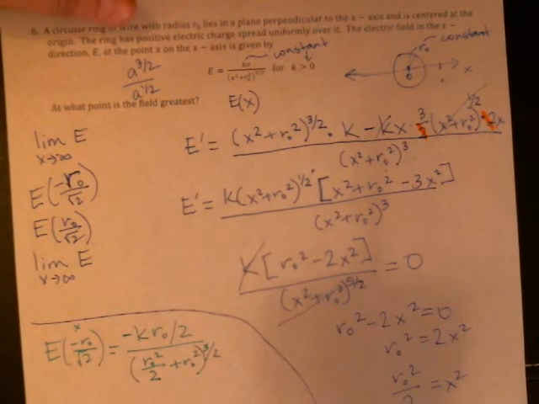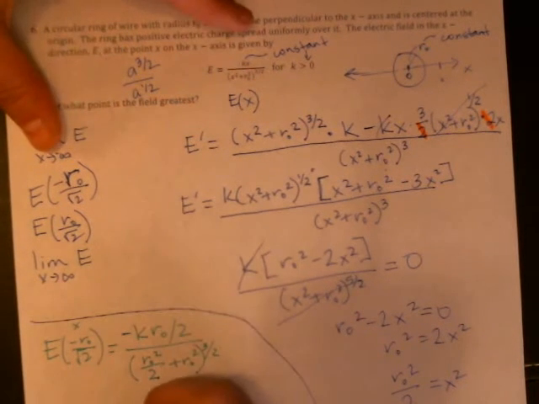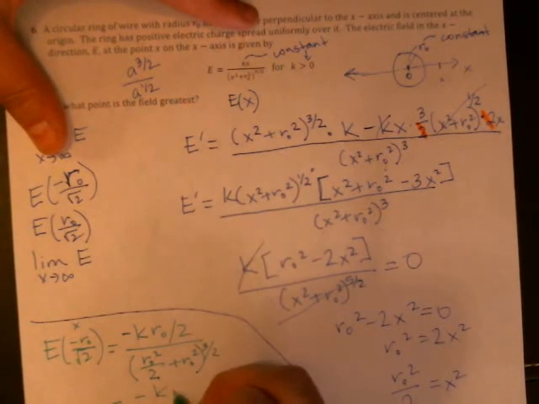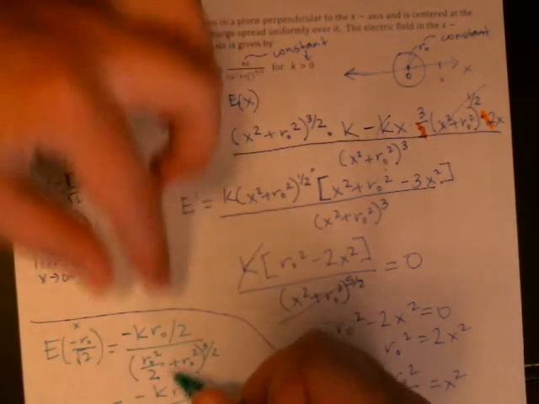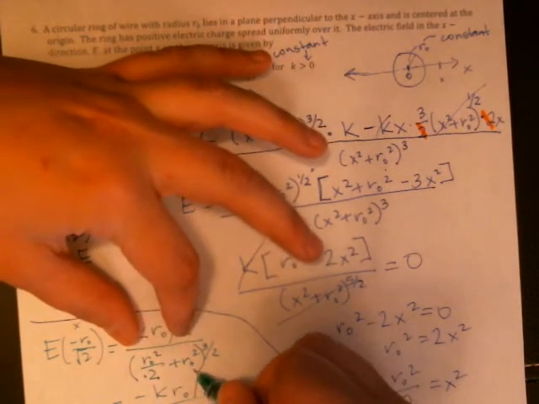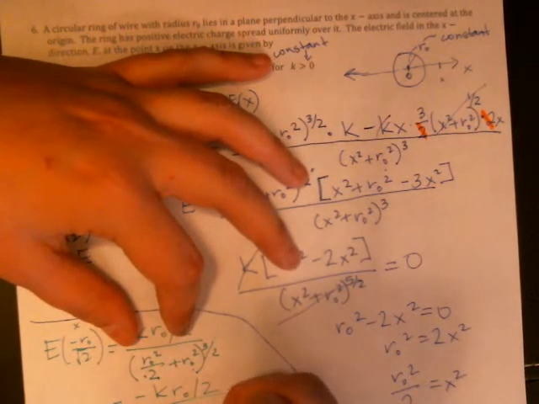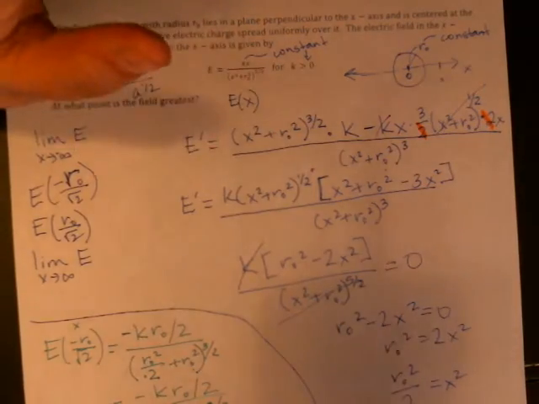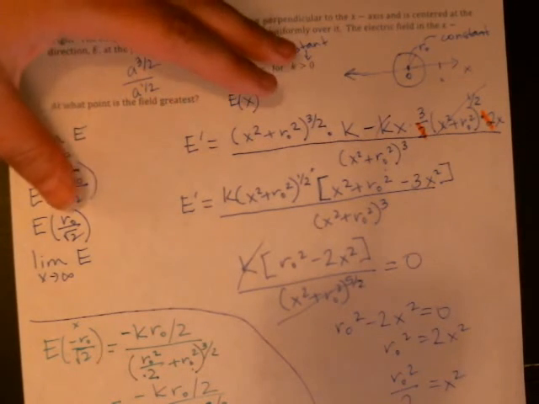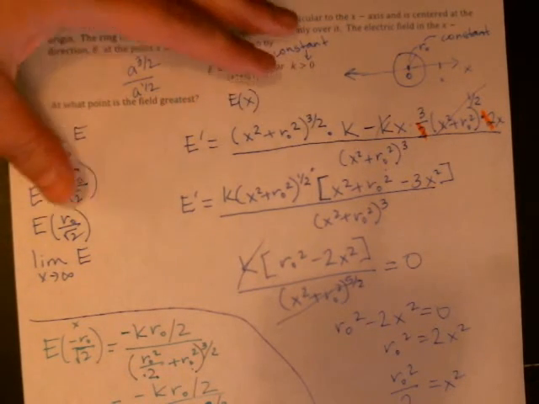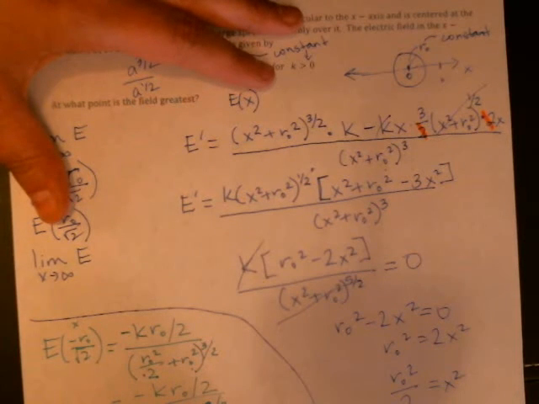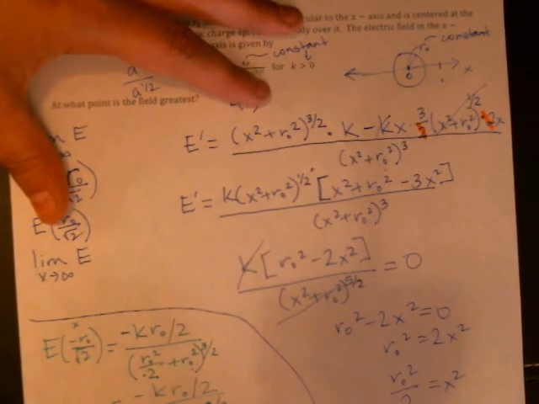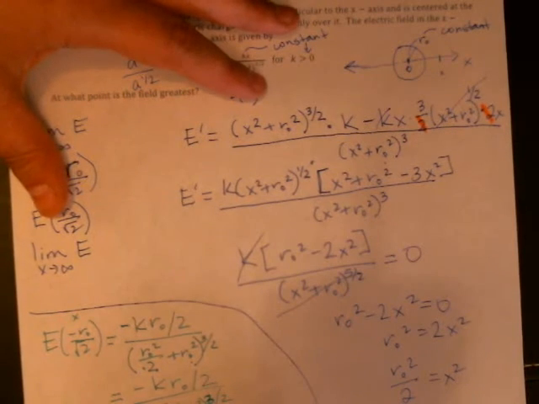All we need to be able to do here really, in fact I'm getting ahead of myself. So let's just see if we can simplify a little bit. Okay, so negative k r0 over 2. In here I have 1/2 r0 squared plus r0 squared, so that's 3/2 r0 squared to the 3/2. I'm just going to quit there for now. Really similar, in fact, is it identical? Not quite. When you do positive r0 over the square root of 2, that's k times positive r0 over 2